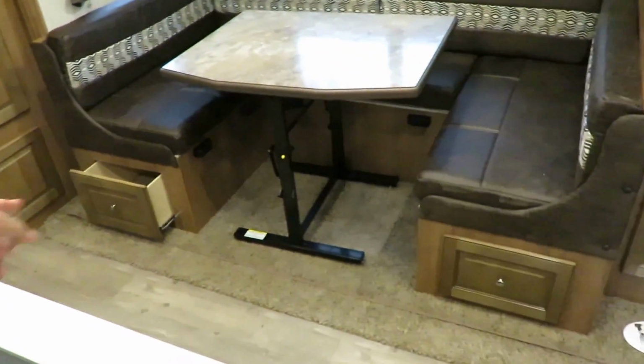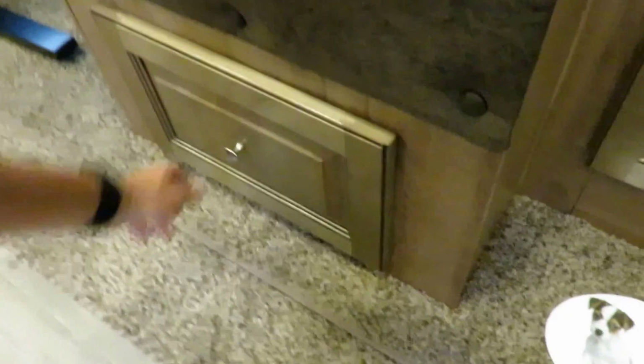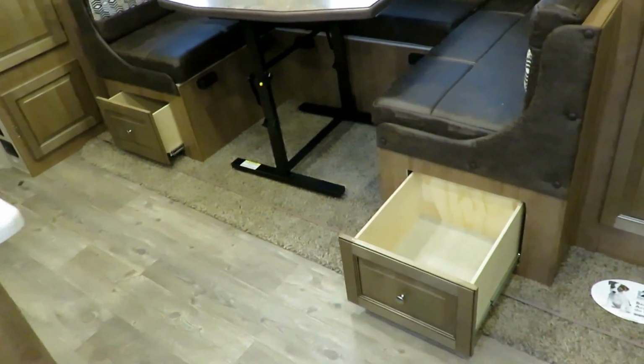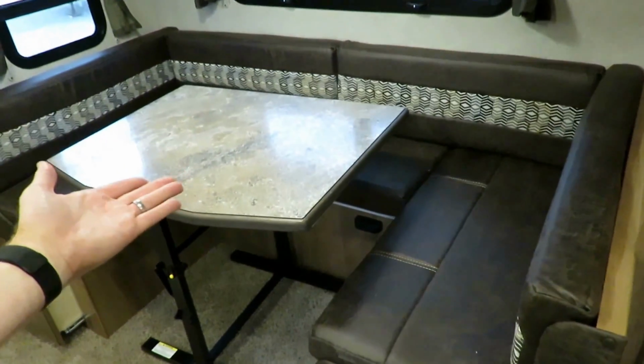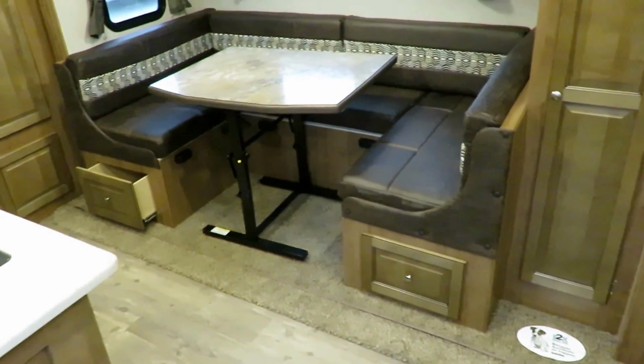So we talked about how there's aluminum construction under the dinette, but notice too, both sides of this have really easy access drawers, so you don't have to tear apart the dinette. You can get to the back storage from the back, obviously, from the outside, and you can get to the inside storage from the drawers. Now,